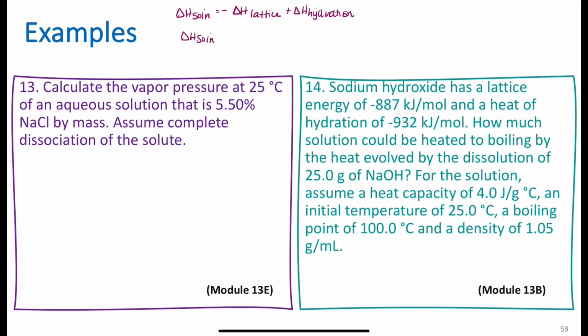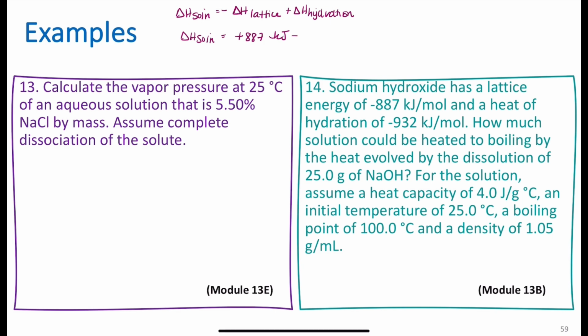My delta H of my solution is equal to now positive 887 kilojoules. Again, I expect that value to be positive now because what negative delta H of lattice represents is delta H of the solute, which means the energy to break apart the solute molecules. So positive 887 kilojoules